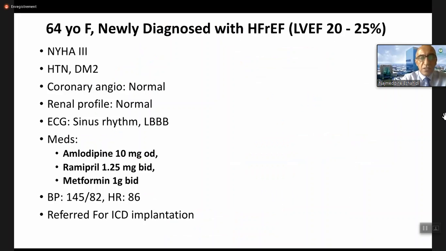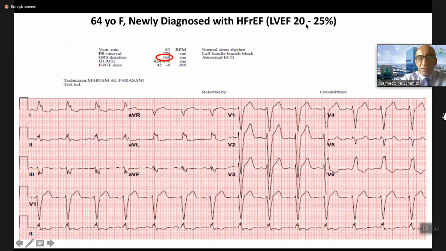I would like to share this patient with you. I will not go into all details for the sake of time. This patient is 64 years old, presenting with non-ischemic dilated cardiomyopathy, ejection fraction 20 to 25%. She was referred for ICD implantation, but I can tell you the medication was far from optimal. So we started by optimizing the pharmacological treatment,